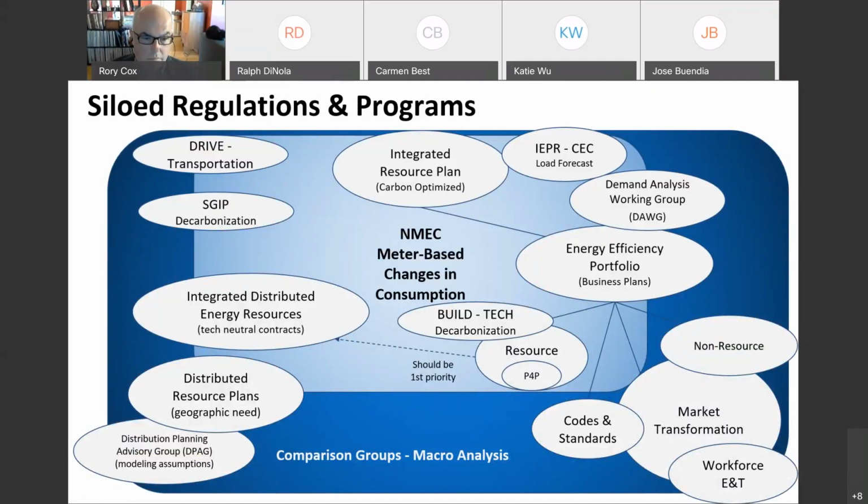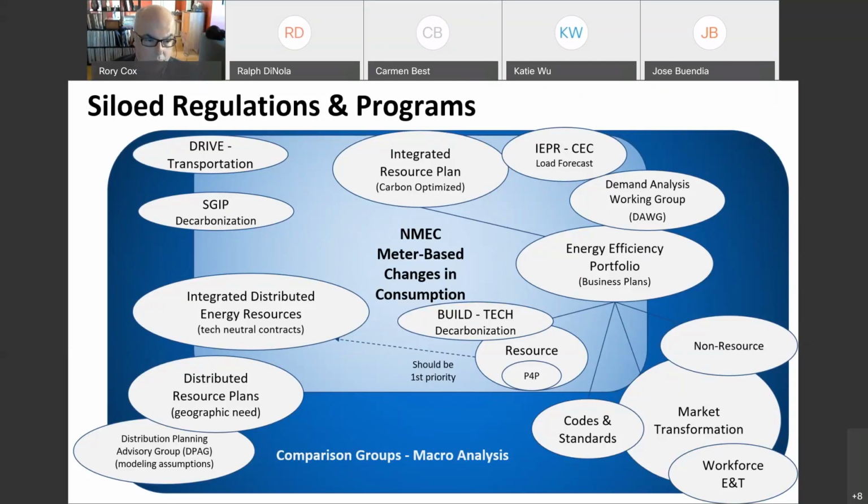It might be tempting for those of us who've been around for a while to pat ourselves on the back for being able to understand this complexity. But I think it's really important that we step back to look at what we can use to reconcile, especially for market deployment and getting to scale. And to me, what's happening at the meter is our key way to be able to reconcile this